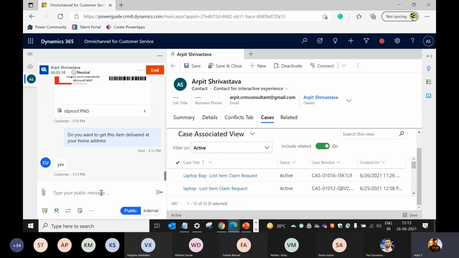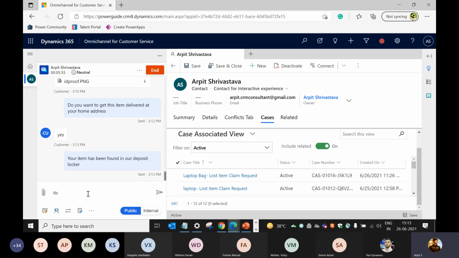So I will confirm that your item is found in the deposit locker and it's on the way.